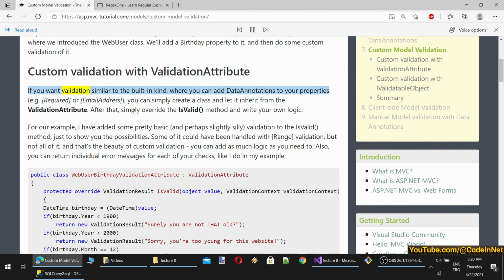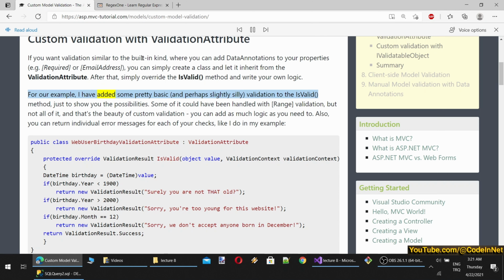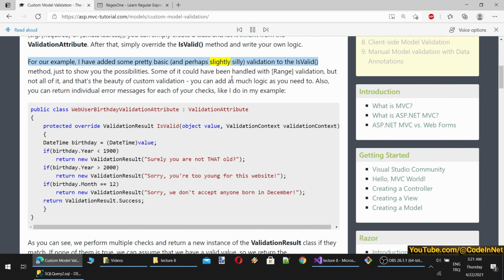If you want validation similar to the built-in kind, where you can add data annotations to your properties, e.g., required, or email address, you can simply create a class and let it inherit from the validation attribute. After that, simply override the isValid method and write your own logic. For our example, I have added some pretty basic, and perhaps slightly silly, validation to the isValid method, just to